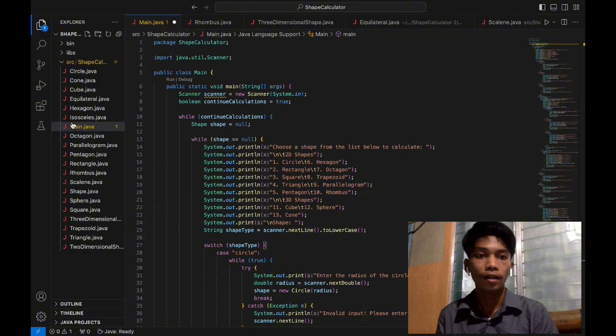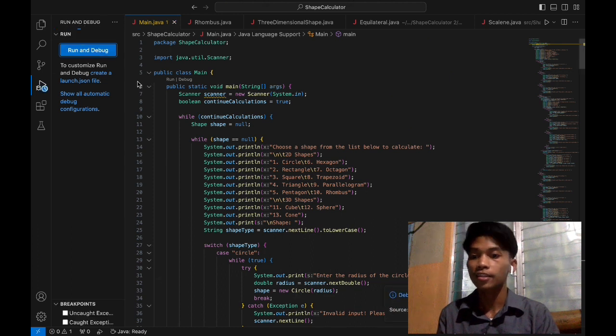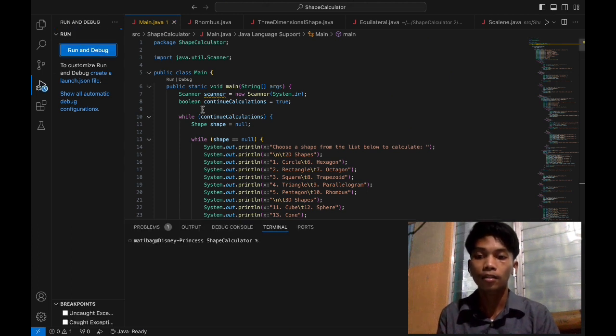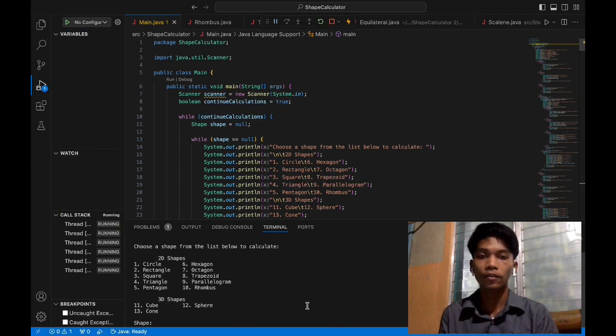So let's proceed with running this program. As I said earlier, this program is designed to calculate various properties of different two-dimensional and three-dimensional shapes.